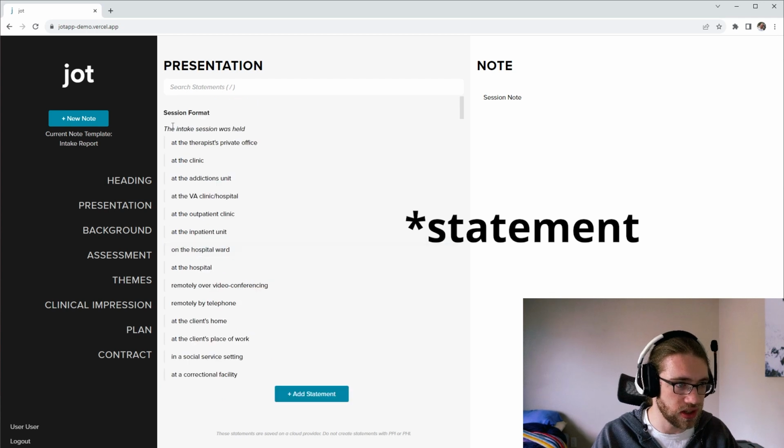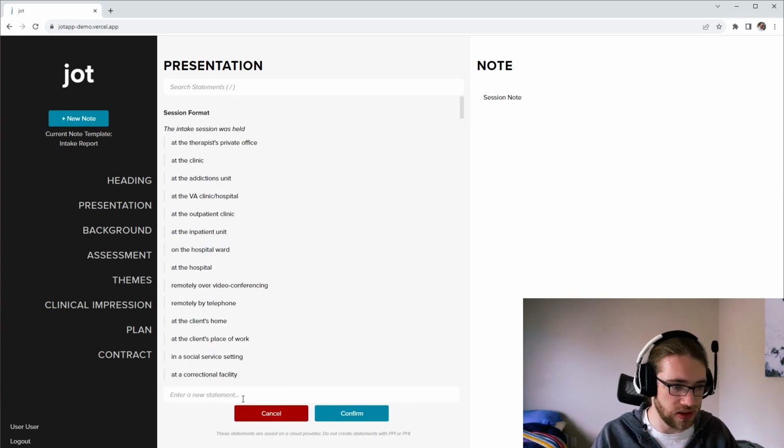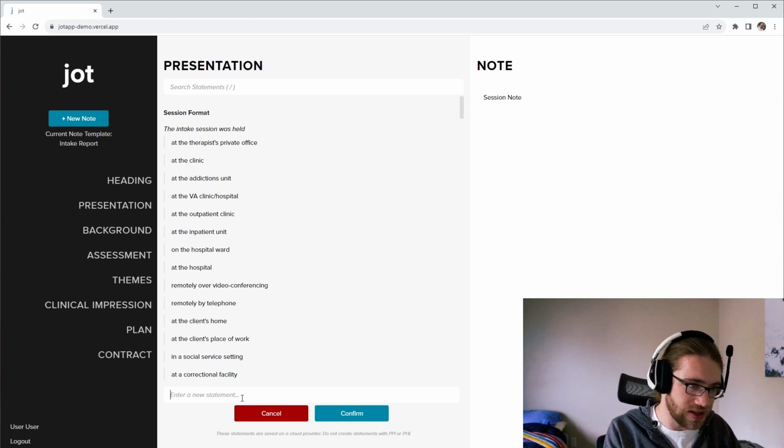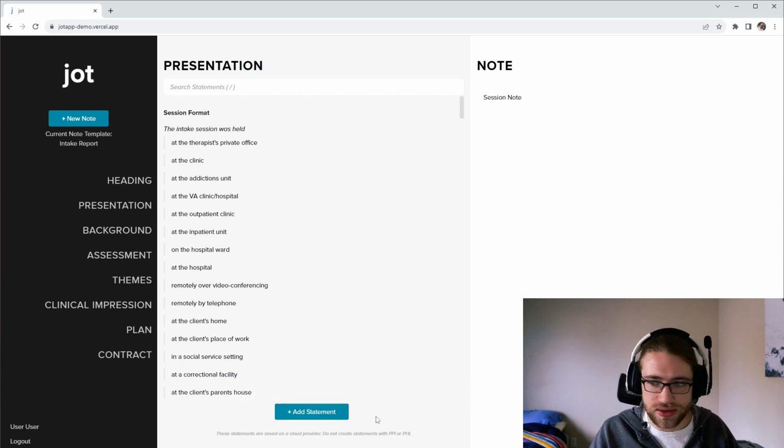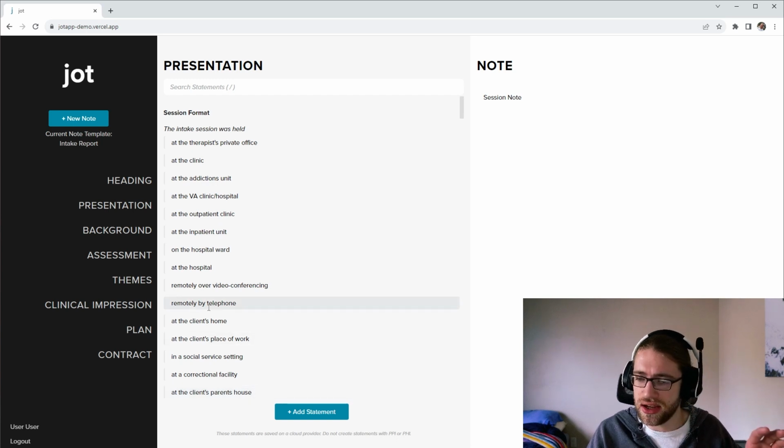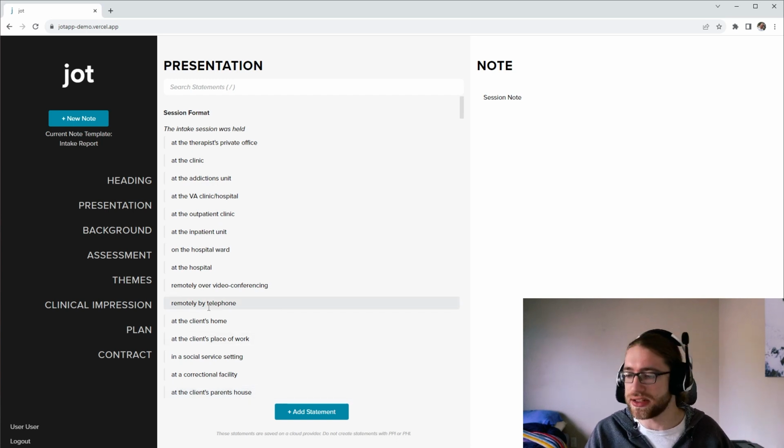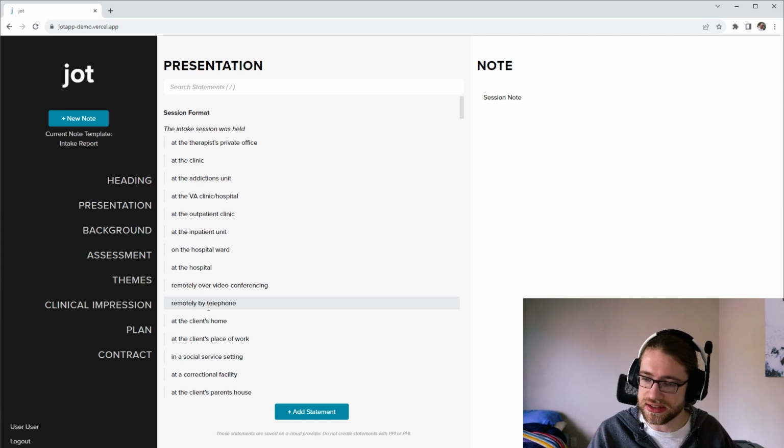So for example here, the intake session was held at the client's parents' house, let's say. So when you click that, it automatically adds it here and sends it to the server for future MySQL calls when you log in again. But this information shouldn't have any client PII or PHI. This is just little snippet sentences that you can combine together to create the note, the specific session note for